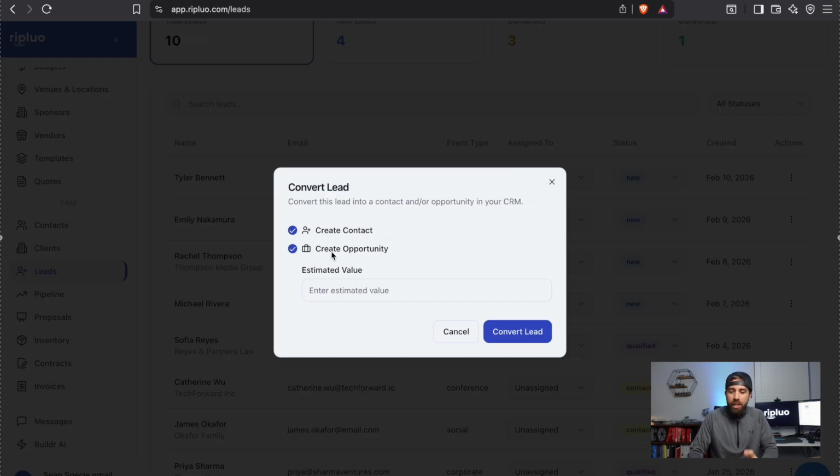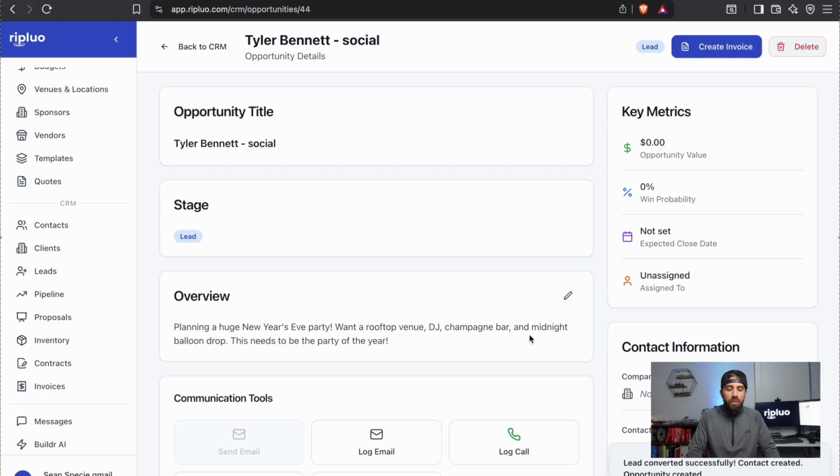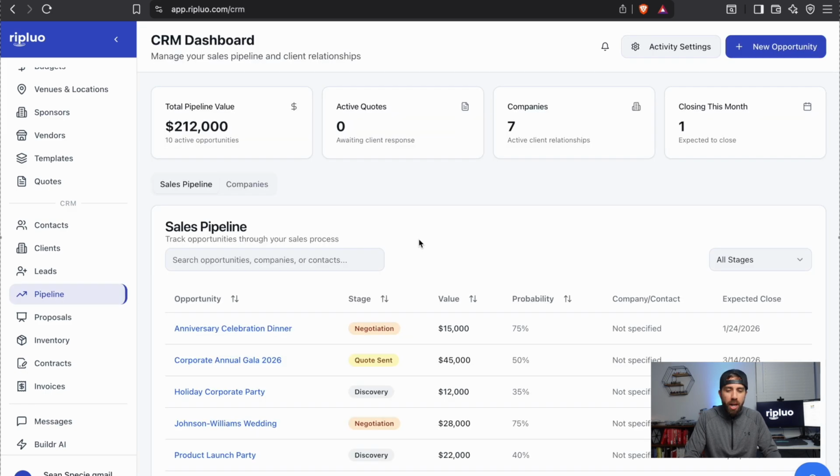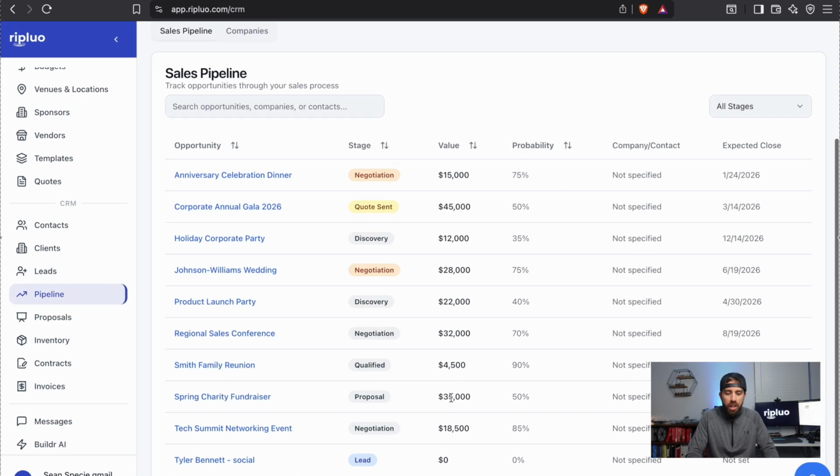Yes. And you want to create the opportunity. In this instance, yes, because I have not already created a Tyler Bennett. So I'm going to go ahead and convert the lead, and that's going to convert it into an opportunity. So you can see here is the leads, and the next step is the pipeline where I can see all of my opportunities. So this is where Tyler Bennett's event was just converted from a lead,